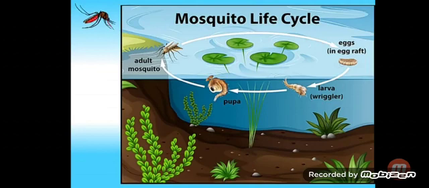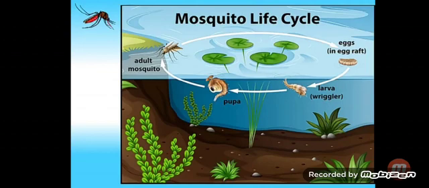Next stage is larva. The larva, plural larvae, lives in the water and comes to the surface to breathe, hanging upside down from the water surface. Anopheles larvae lie parallel to the water surface to get a supply of oxygen. Baby mosquitoes are called larvae. The larva changes into a pupa. They flip their tails towards the bottom or protective areas. This is the time the mosquito changes into an adult.